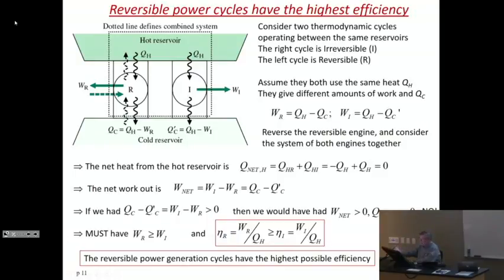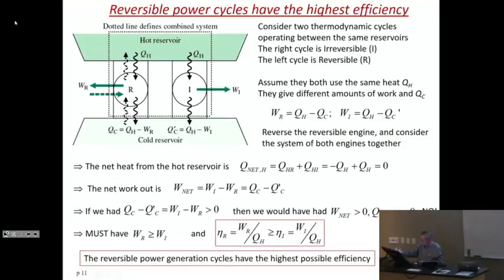Now, let's take a look at this cycle and assume that they both use the same Q hot, but they don't, of course, use the same Q cold. So the work on the reversible one is the heat Q hot that we put in, minus the amount of heat they reject on the cold side. And the same on the irreversible one. This one is the same as that, but this one is Q cold prime, is not the same as that. Now I need to show you that this work necessarily is less than that work for the same amount of Q hot. That's what I have to prove. Well, here comes the proof.